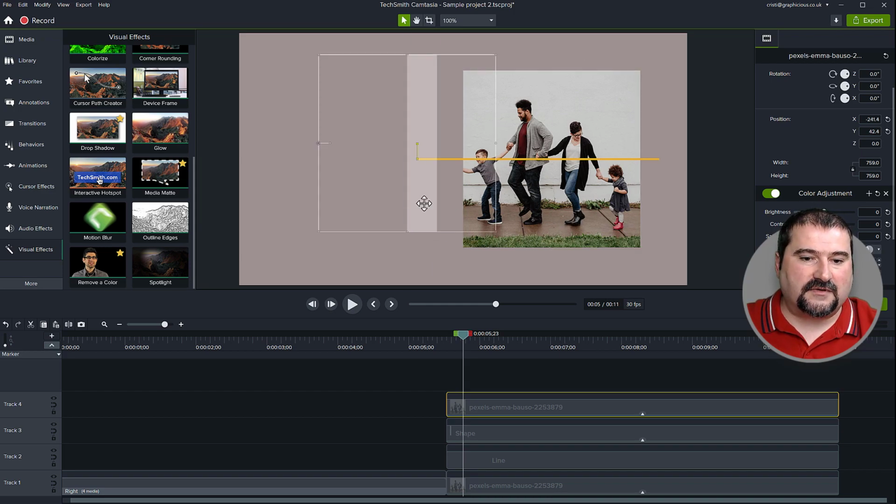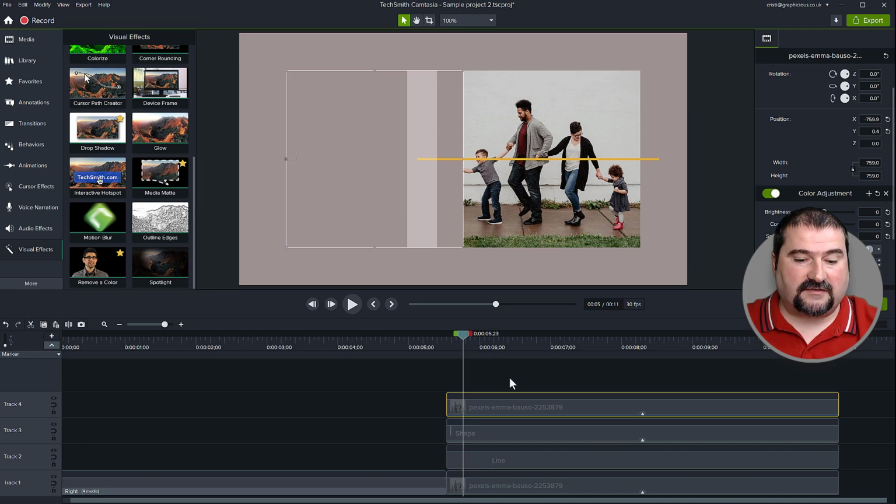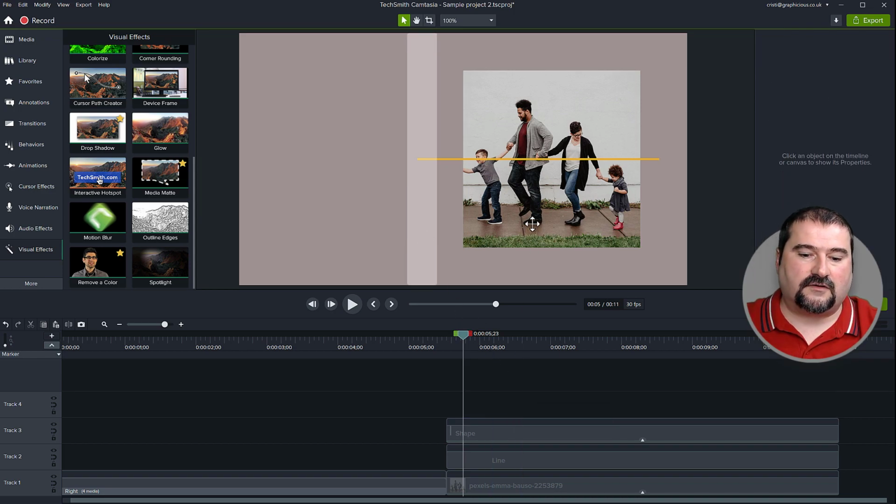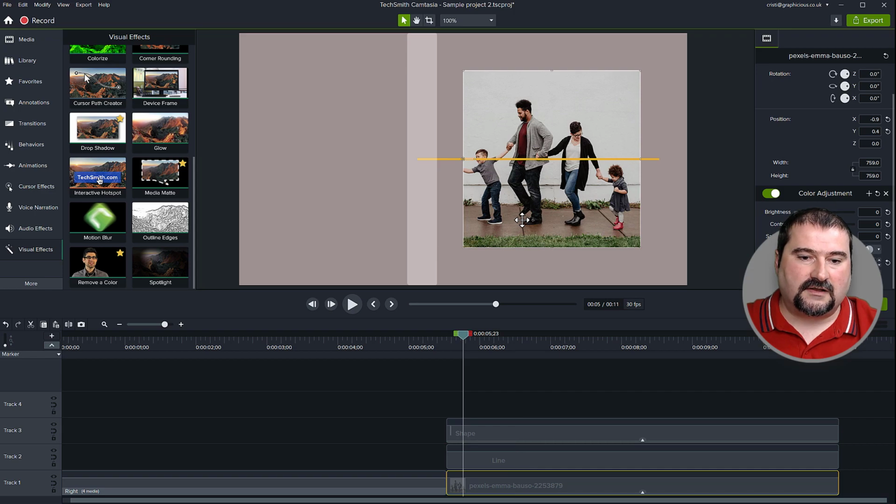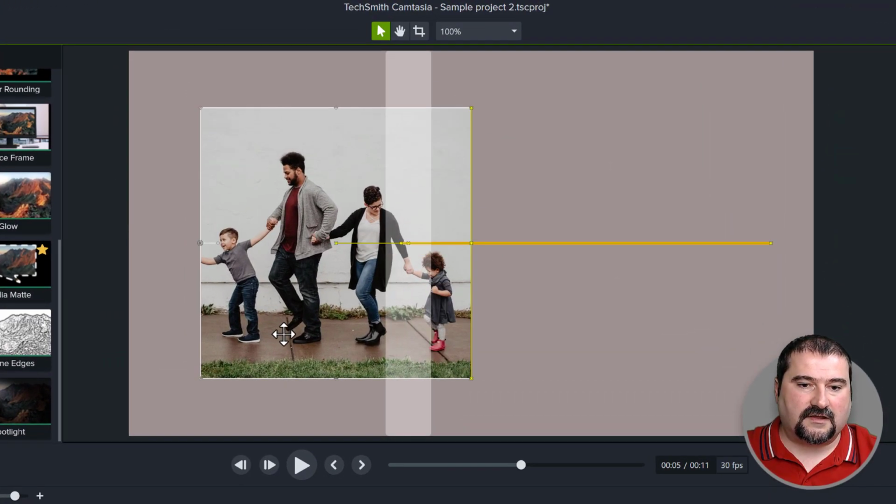So I'm just going to grab it and move it there. It's going to basically align. That's my mask, by the way, which I can delete as well. So I moved the mask. No problem. Let's move this one and place it there. You notice Camtasia is still helping you with those alignment lines so that you know the image is aligned to the center of the canvas.